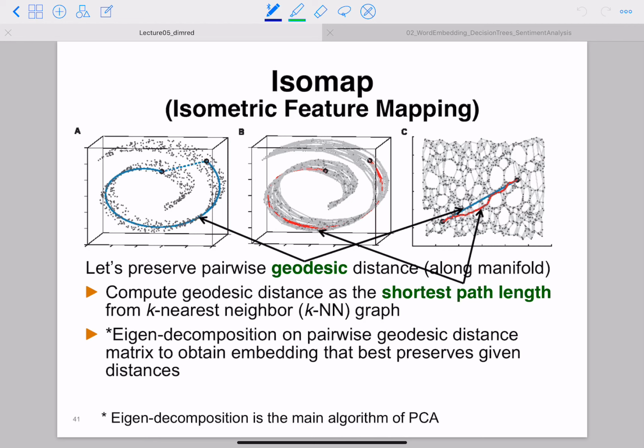So the first one is called Isomap. I mentioned briefly about this Isomap. How can we map this curved structure into one of our straight axes, whether it is an x and y axis? We actually apply a kind of similar idea to multi-dimensional scaling. So here,